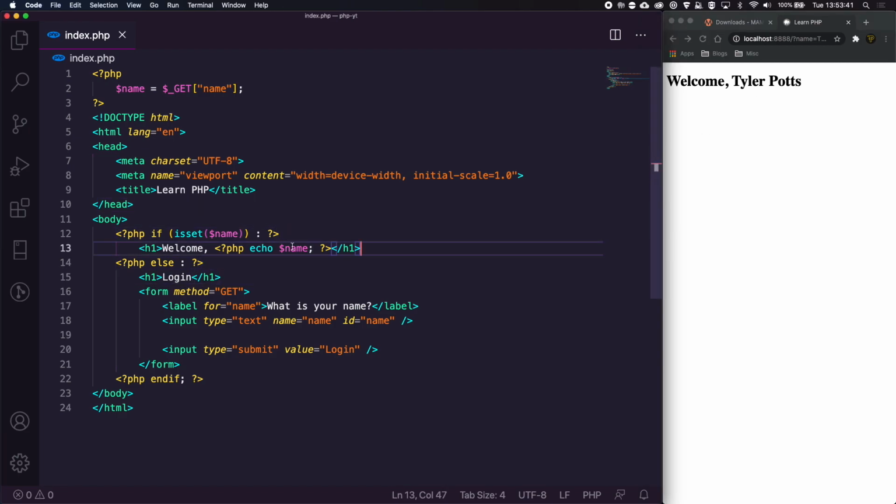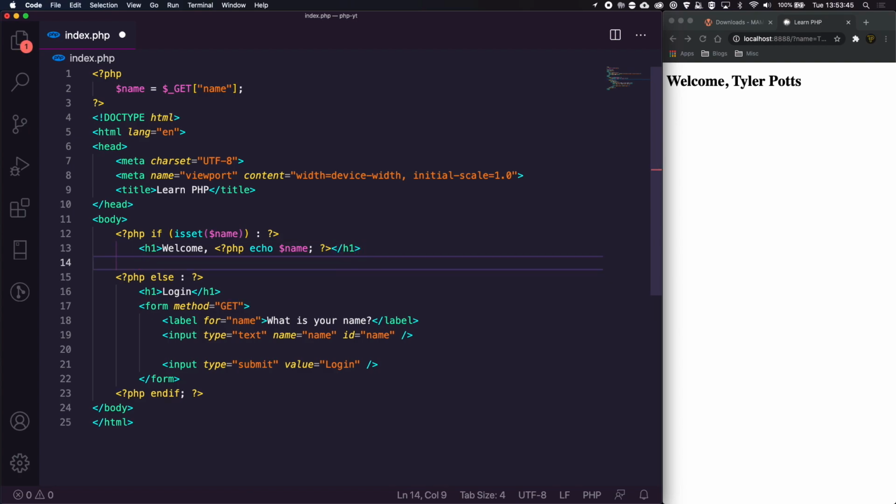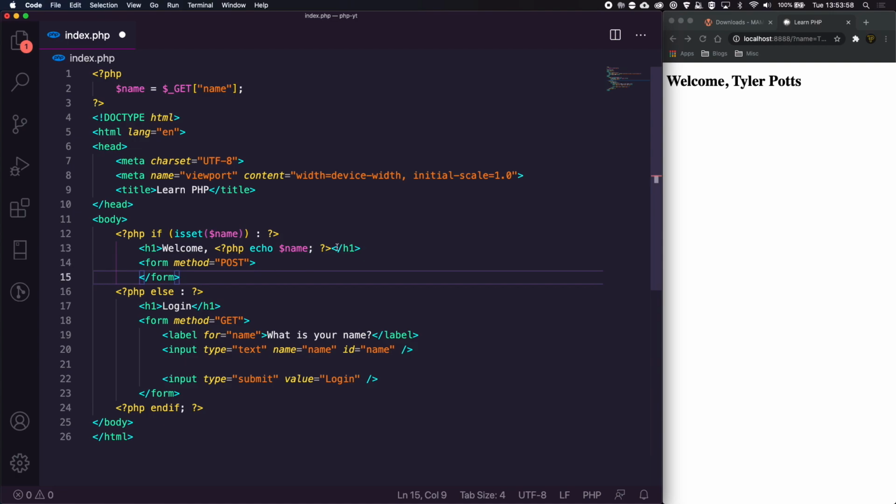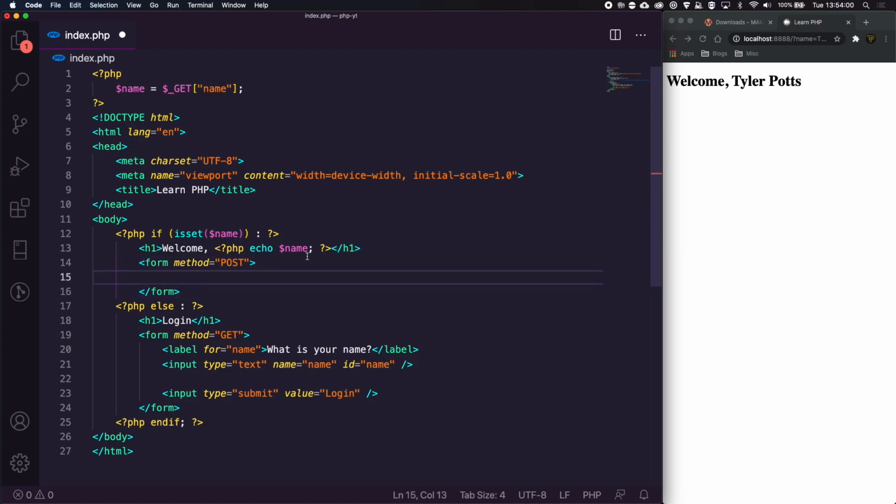Now how do we actually print a to-do list? Well, to do that, we're going to need a post form. So we're going to need a new form, or actually in here, let's just do a form. We're going to have the method, which is equal to post. So we're not going to use a GET this time. We're going to use a POST method because we're going to be posting to our